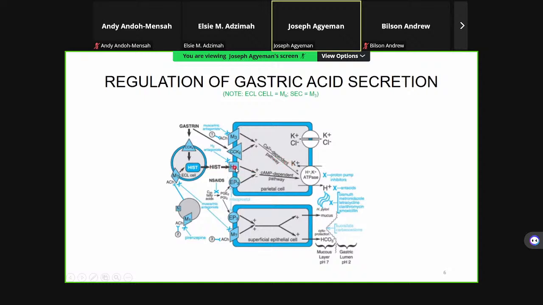Then the histaminergic pathway, which begins all the way from gastrin attacking the CCK2 on the enterochromaffin-like cells, causing the release of histamine from it. Histamine attacks the H2 receptor on the parietal cell, and through the cyclic AMP-dependent pathway, you produce protein kinase A phosphorylation of cytoskeletons within the cytoplasm, which helps to translocate the cytoplasmic bound proton pump onto the surface. So once you have it here, in the presence of ATP, the proton pump is activated. What happens is that hydrogen moves out, in exchange, potassium comes in, meaning